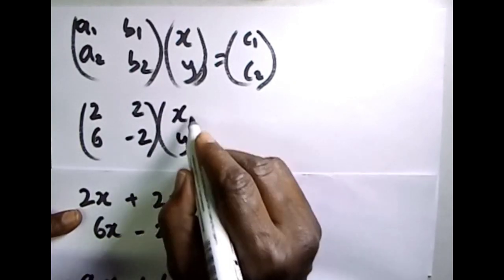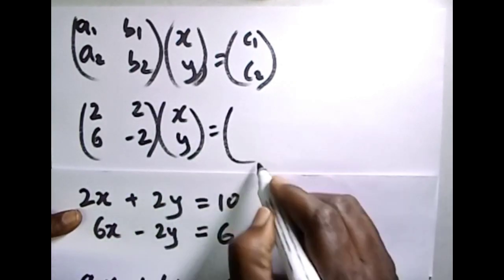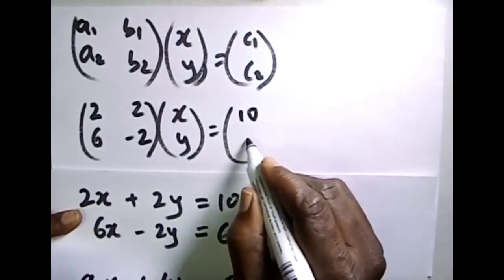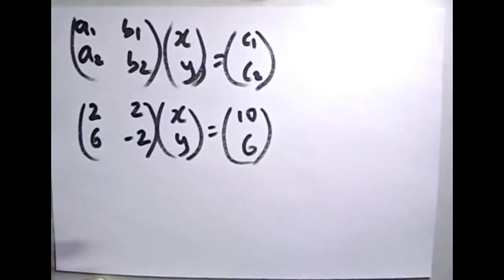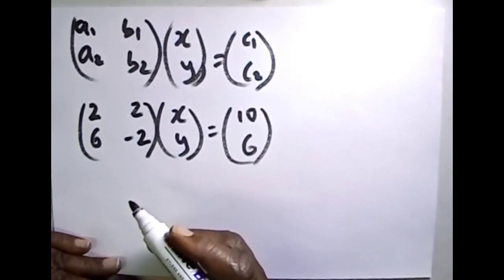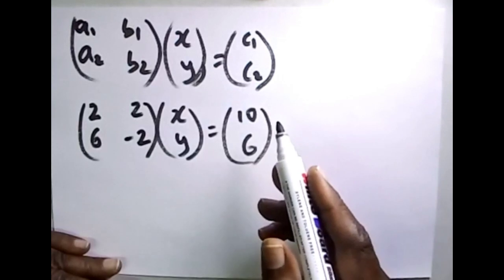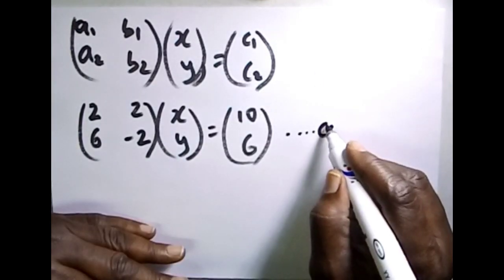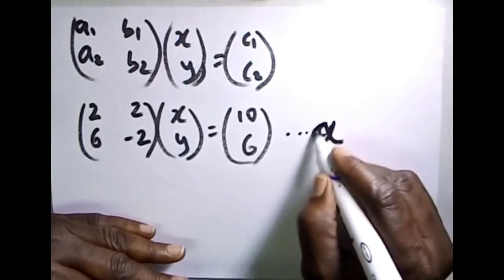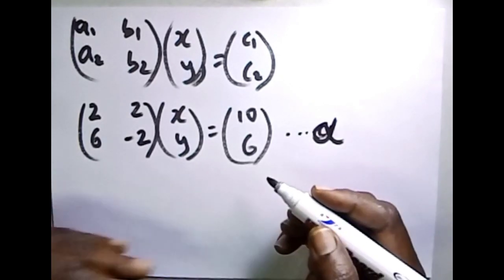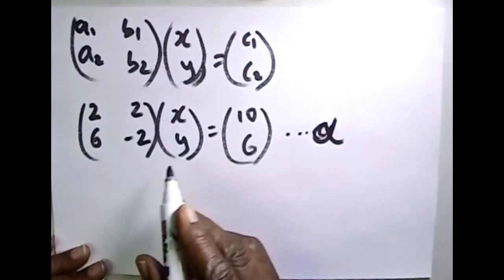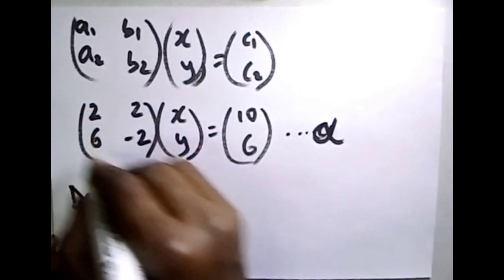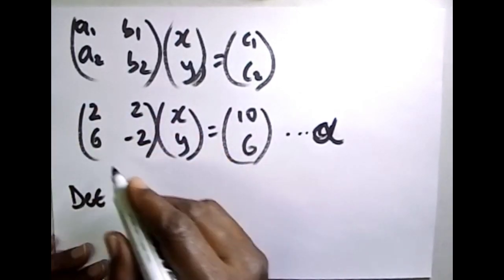Our variables remain x and y. Our C1 is 10 and our C2 is 6. So in solving Cramer's rule, the first thing you want to do is the determinant of the overall equation. Let's call this equation alpha. The determinant of the overall equation is simply, you take this a part of the equation,